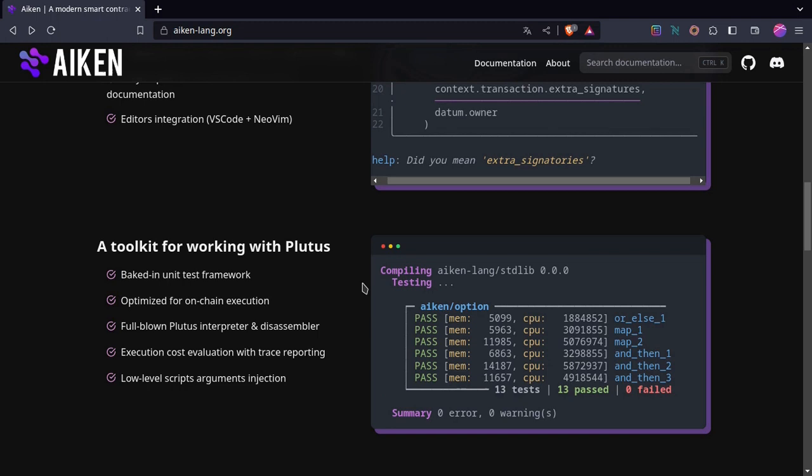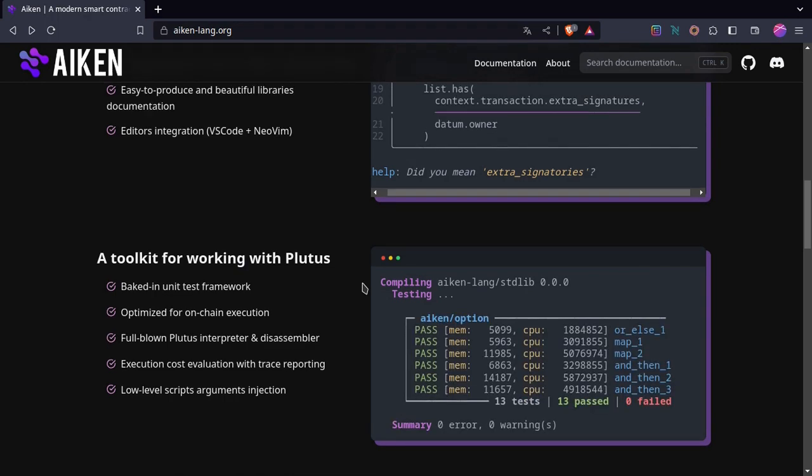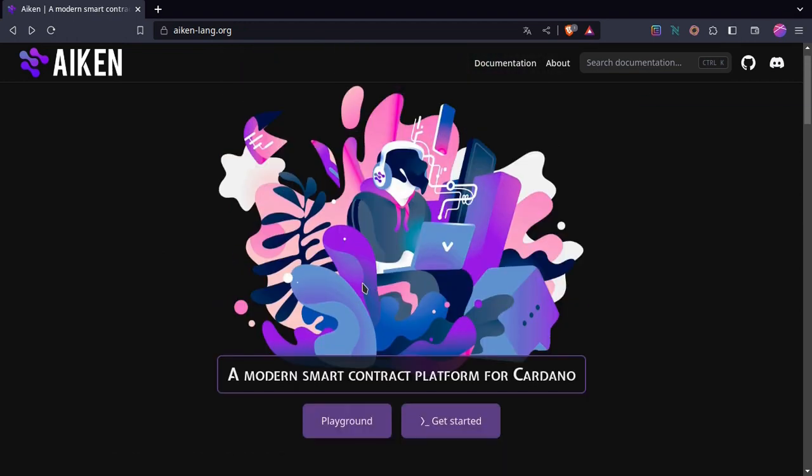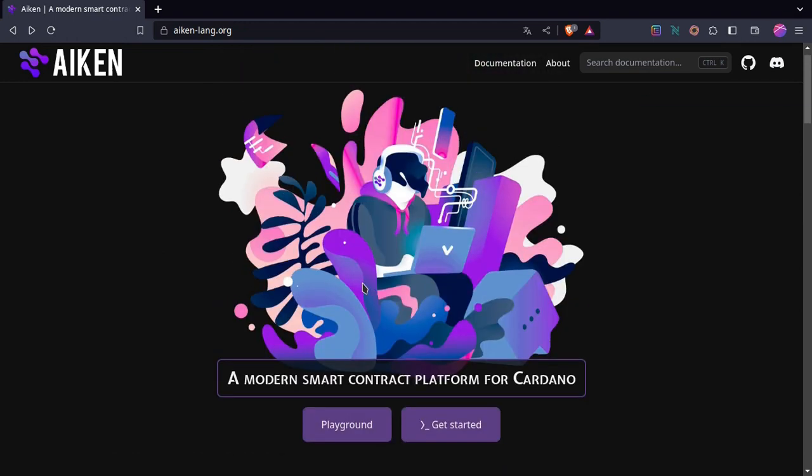The first is the syntax and the fact that it's a smaller language. Another key point about Aiken is that it provides some toolkit and an environment that make smart contract development much easier. For example, unit tests with resource estimation. That is a very nice feature. So the main idea behind Aiken is to be a much simpler language to learn